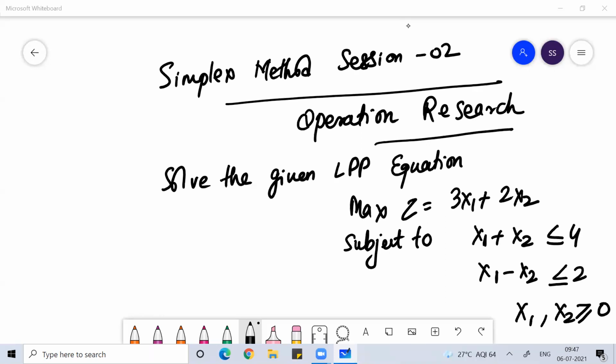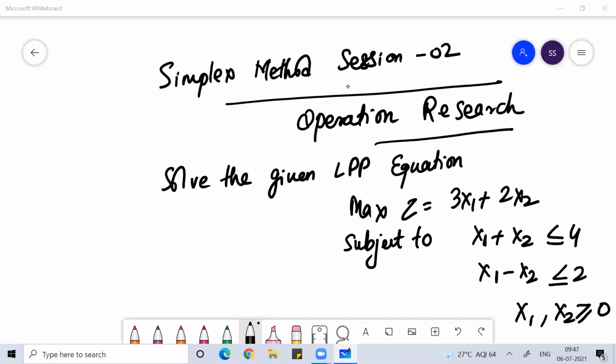So here you can see the function is maxima. In order to work on the simplex method, your objective function should always be maxima. In case your objective function is minima, we'll convert it into maxima by changing the sign of the coefficients. We'll do some questions to make you understand that. We cannot solve a simplex method problem on a minimum objective, so we need to make sure that our objective is always maxima.